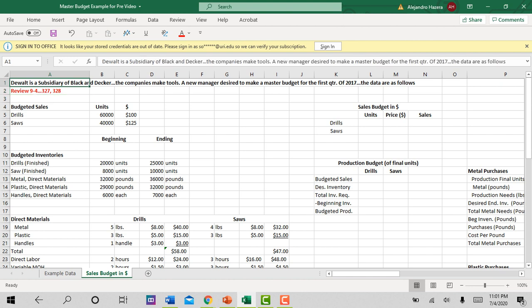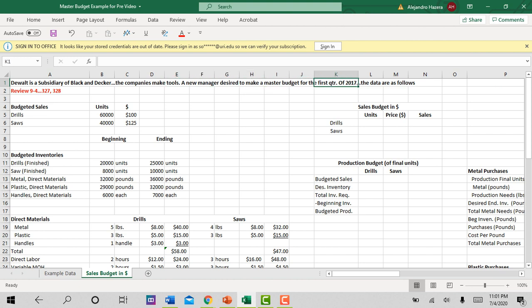Okay, so this is an example of DeWalt, and if you do any housework at all, any carpentry, you know that DeWalt makes power tools and stuff. Okay, and it's a subsidiary of Black & Decker. The companies make power tools, and I thought that was kind of neat, something a lot of people might be familiar with. Okay, and we're just going to assume that they have a new manager, and this manager desires to